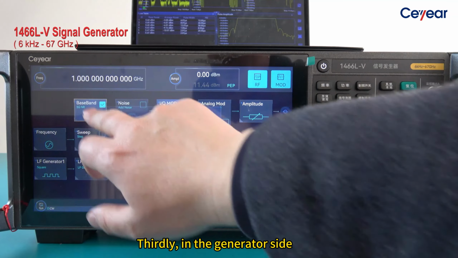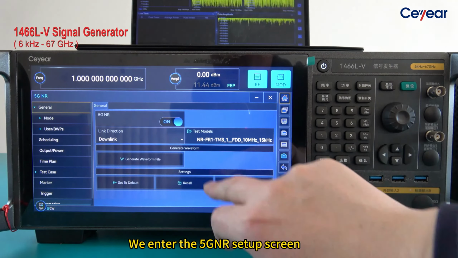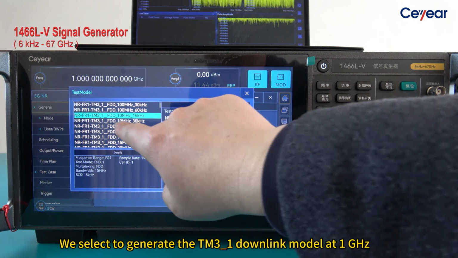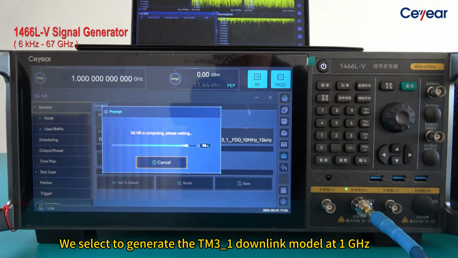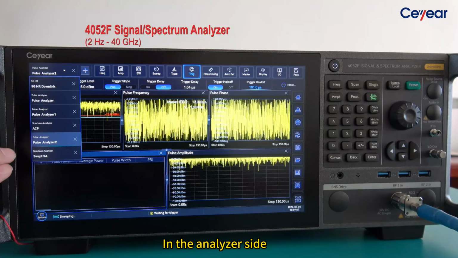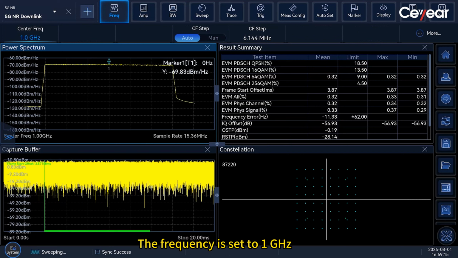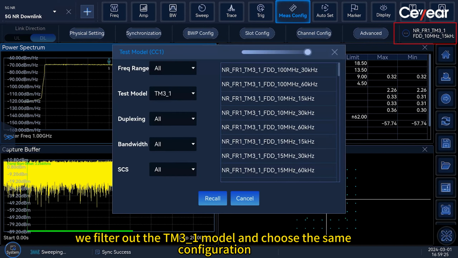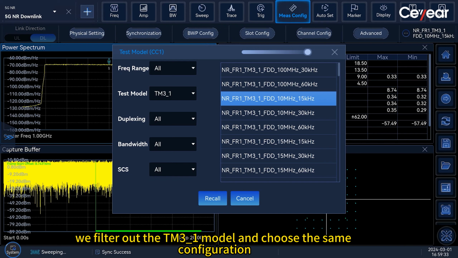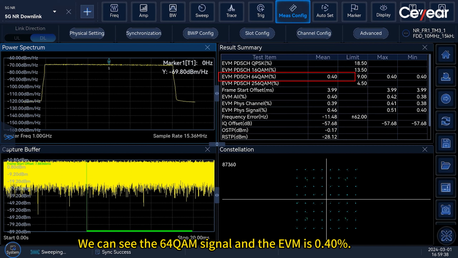Thirdly, on the generator side, we turn on the 5G NR and close the pulse modulation. We enter the 5G NR setup screen. We select to generate the TM3 and score 1 downlink model at 1 GHz. On the analyzer side, we select the 5G NR downlink analysis. The frequency is set to 1 GHz. In the measurement configuration menu, we filter out the TM3 and score 1 model and choose the same configuration. We can see the 64QAM signal and the EVM is